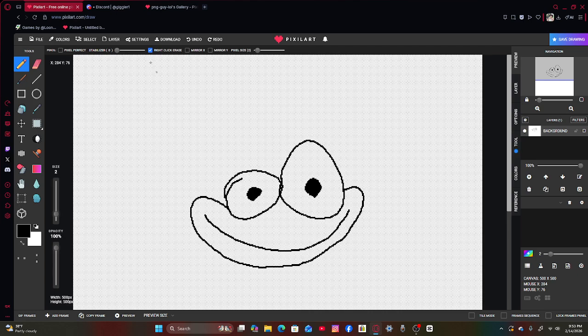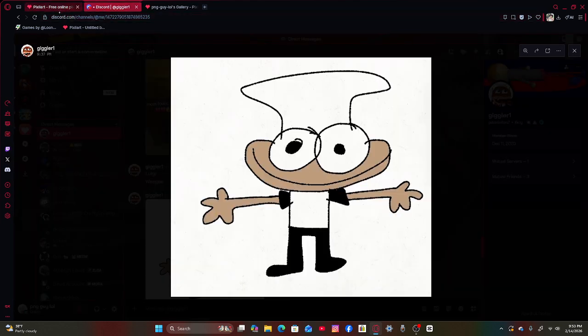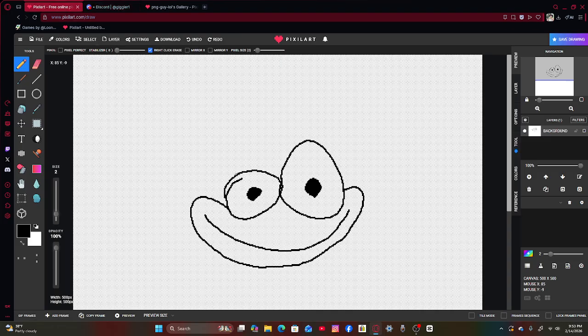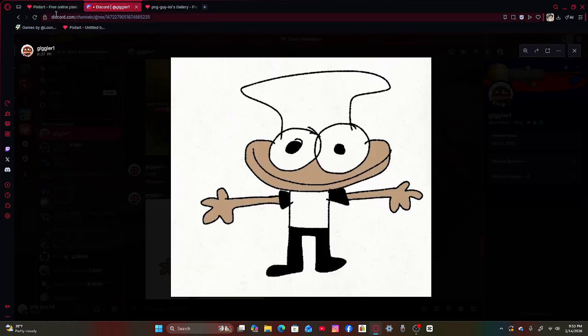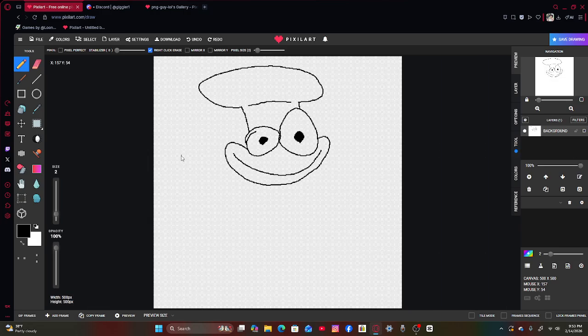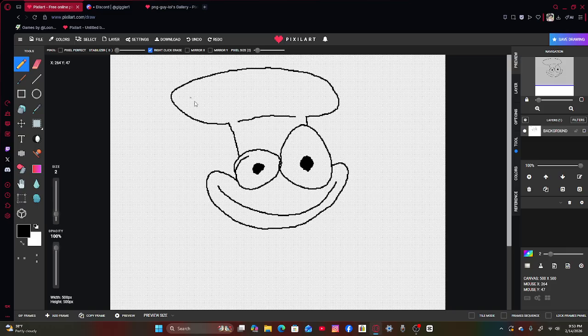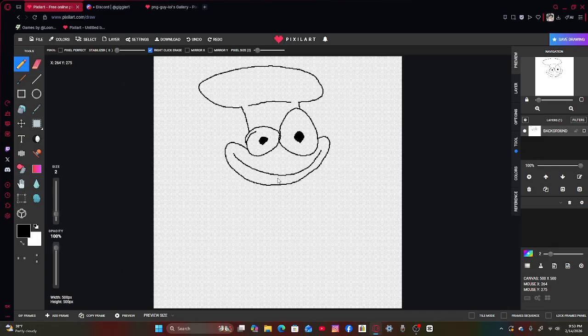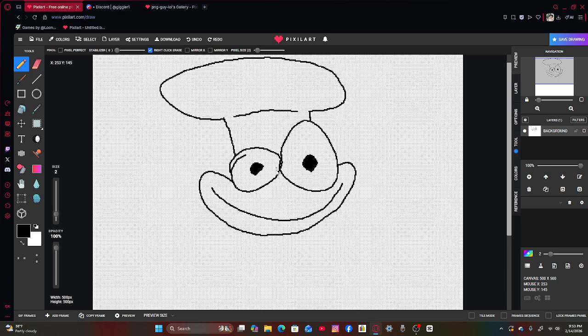So we're gonna draw the hat, his little hat, because that is the Pizza Tower thing, right? So we'll give him a big goofy ass hat. Perfect. And right there, kids, you got Giggler. But since we have to make this special for Giggler, we gotta make some little details. You know, look at that little fucking hat right here. Now it just looks like we're using brown. But trust the process. It'll look good once I shade it, and it'll be like, whoa, look at that little